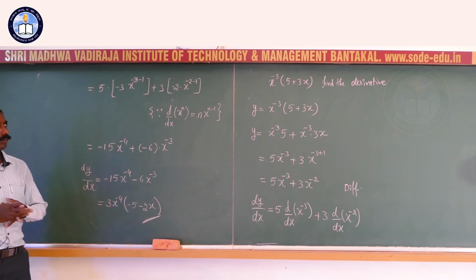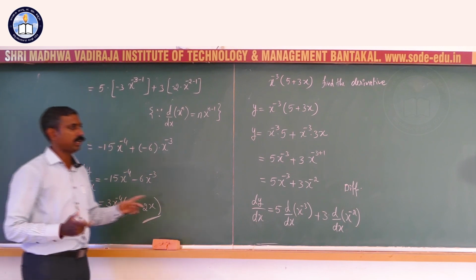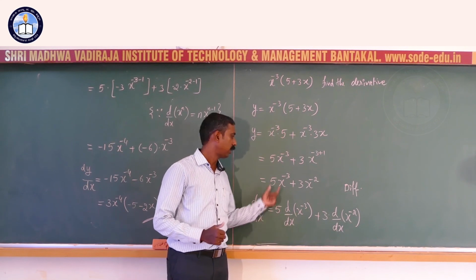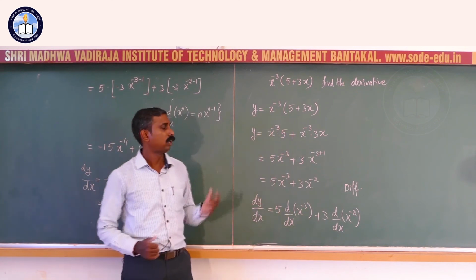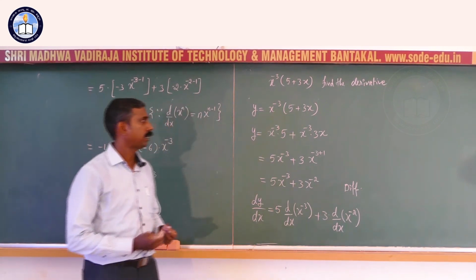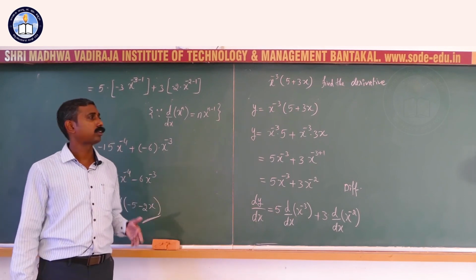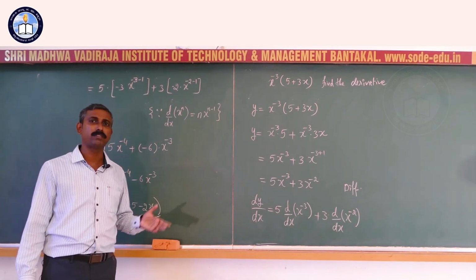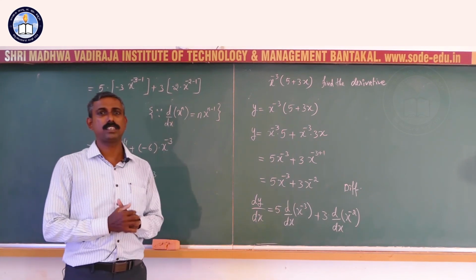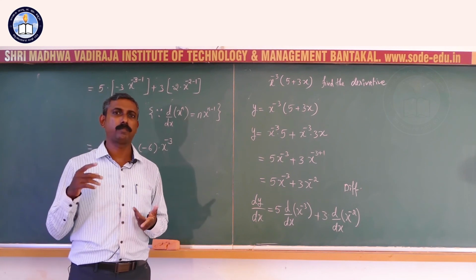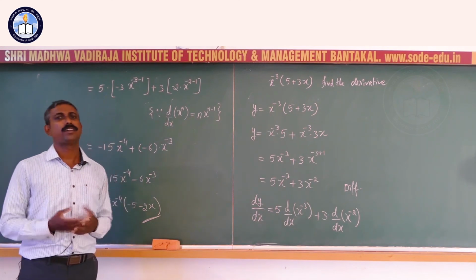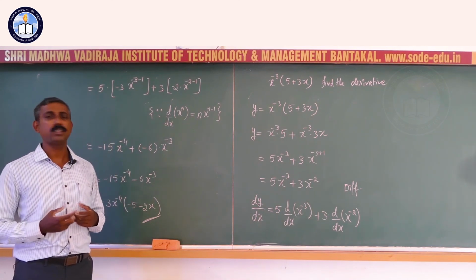So, I hope you have understood the concept of using the algebra here. The algebra of derivatives is like taking constants outside and differentiating the standard functions. What are the standard functions? X power n, sin x, cos x, tan x, etc. So we have seen the basic problems of differentiation using algebra of derivatives. Now let us discuss more problems regarding the product rule, quotient rule, and mixing of the trigonometric functions with that one in our next class.